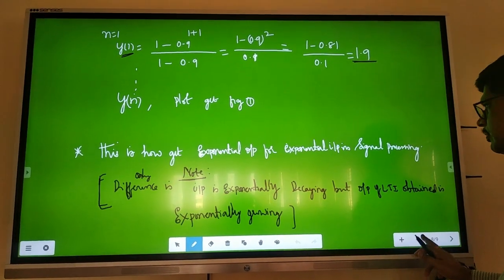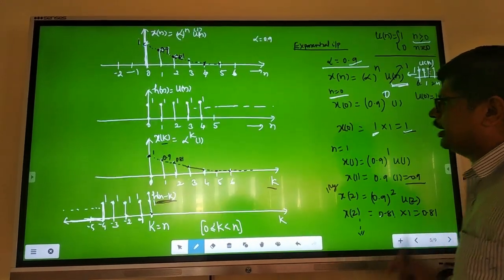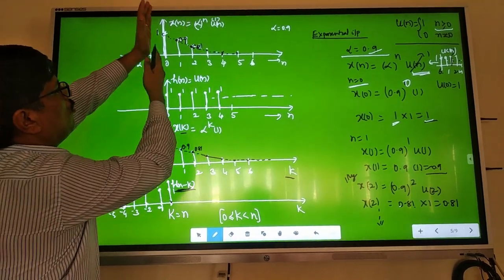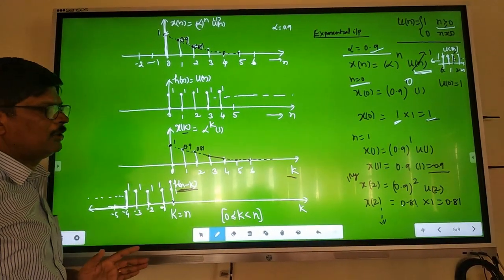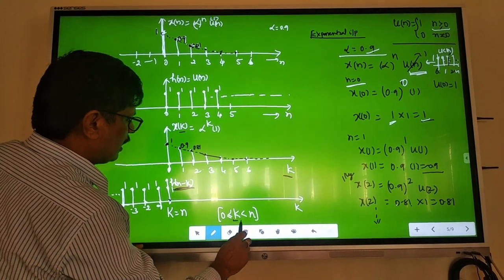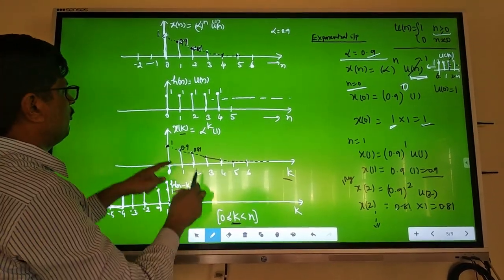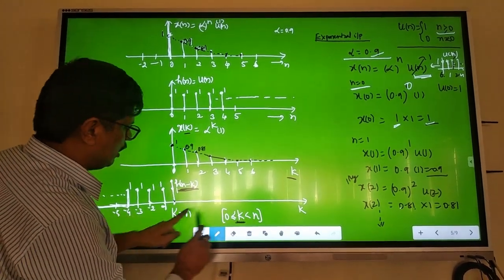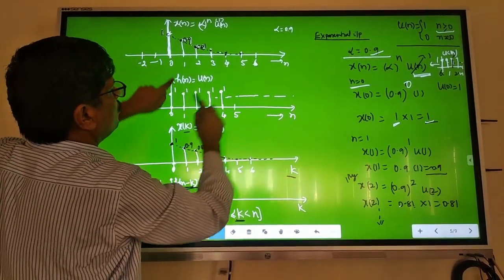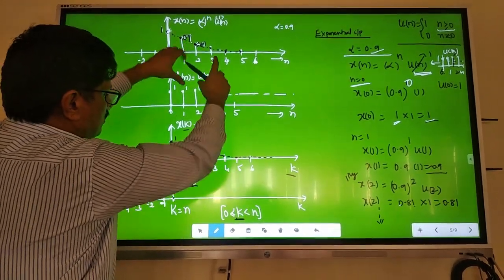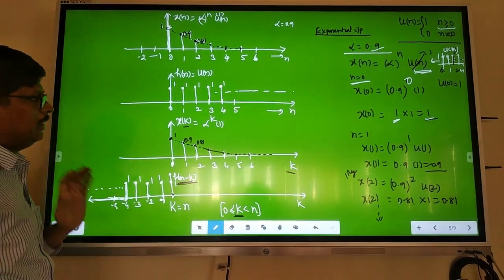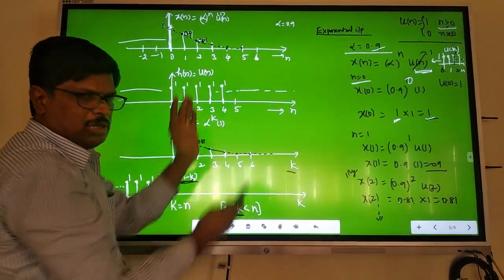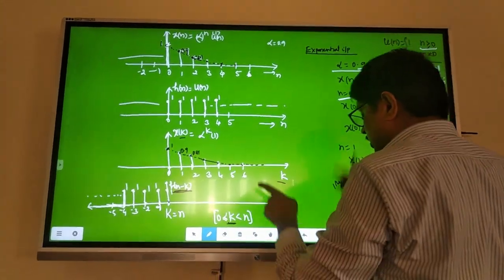Then, when n is greater than, see the first two diagrams only. Then n less than 0 is over. N greater than or equal to 0 only, you will get values. That value depends on k. K varies between where to where? K is equal to 1, let's say. K value varies from 0 to n. When you do the multiplication of these things, you will get values. Right? That's the meaning. When n is less than 0, nothing you will get. N greater than 0 only, it starts actually. That's what I write like this.